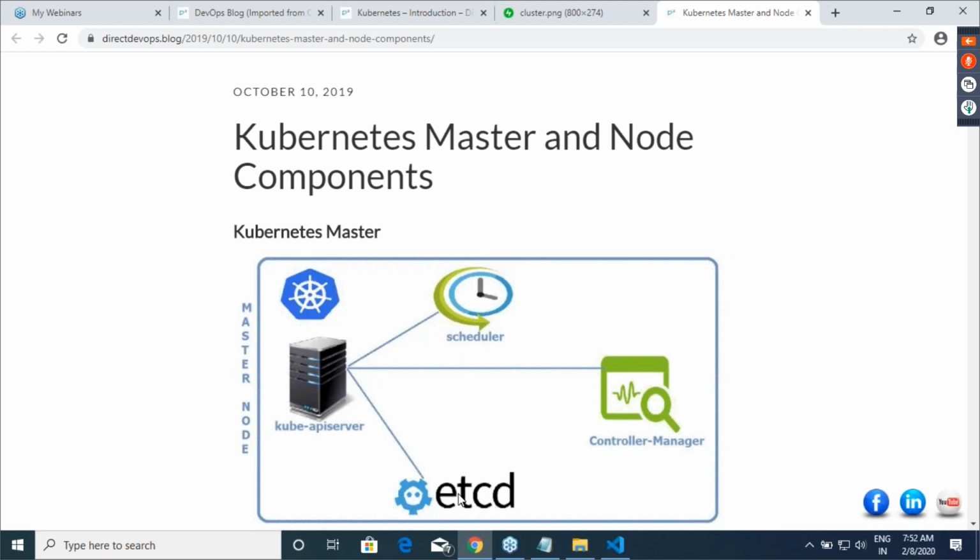Let me speak about the responsibility of Kube API server. Yesterday I said that as a user, you will be speaking with master. Actually you will be speaking with Kube API server. When I say you speak with master, you are speaking with Kube API server, because a user can communicate with an API server, the component which takes care of this responsibility.